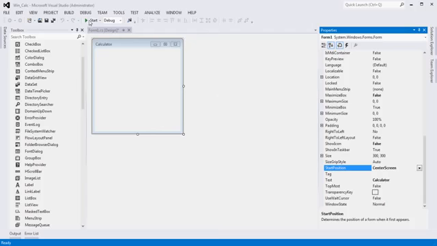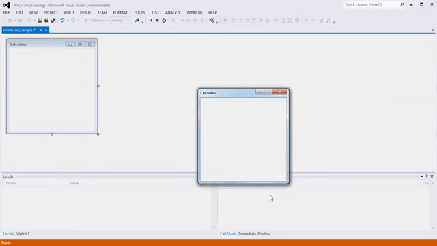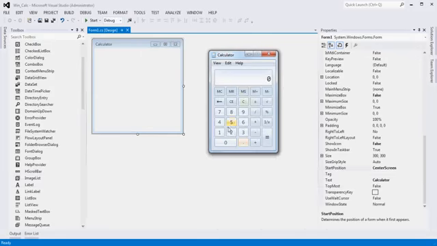Okay. And now if we run our form, after making those few modifications, you'll see the window launches right in the middle of my screen. The form title says calculator, and the maximize button is disabled. Okay, so easy enough. All right, so the next thing that we need to do is we need to add